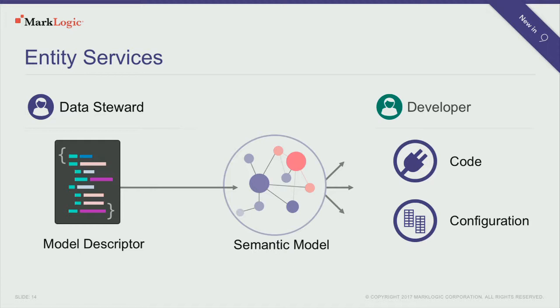And what entity services allows you to do is take that graph, that data model, that semantic model of the world, and then use it to do things like build out code transformations. So I actually want to represent the canonical forms of my entities, the person itself with his first name and social security number. I want to represent that in my data. Now I can build out a transformation that will automatically materialize that for me.